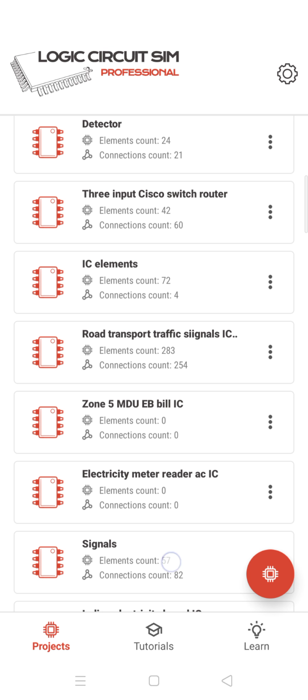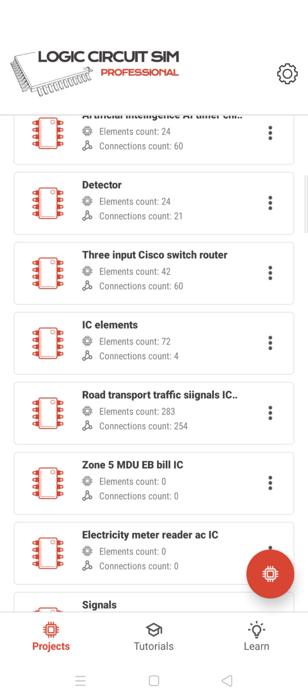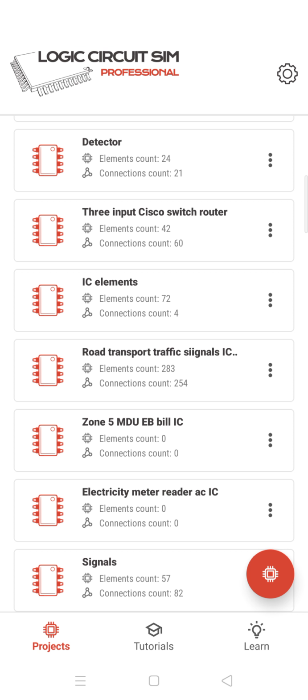So a meter reader can use this kind of IC to do the thing, like a ticket counter. An ordinary ticket counter uses a punch hole kind of thing. It produces all the tickets, 5 rupees, 10 rupees tickets, when you go on a bus or something like that. Similarly, the electricity meter can be used.